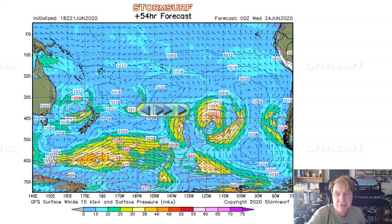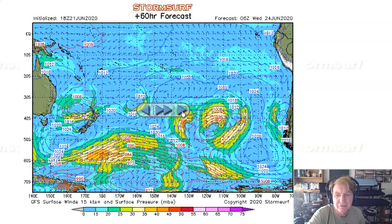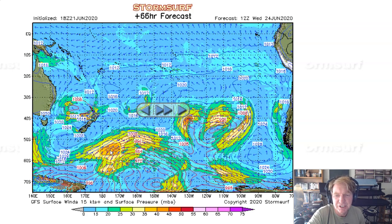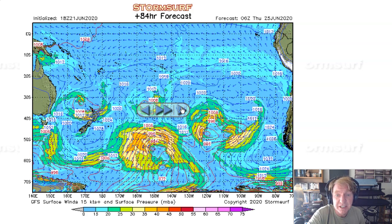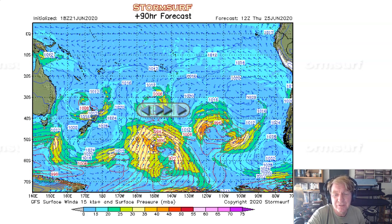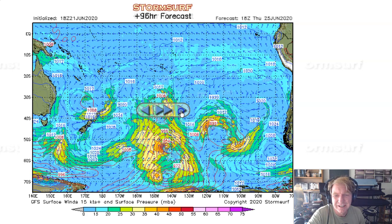And then we get another little system come Wednesday starting to develop south of New Zealand, 35, barely 40 knot winds, but out of the south. That's good for Hawaii. And building, broader area as we get into Wednesday night, but nothing exceeding 35 knots. You really need 40-knot winds to get you 30-foot seas, and that's kind of the minimum